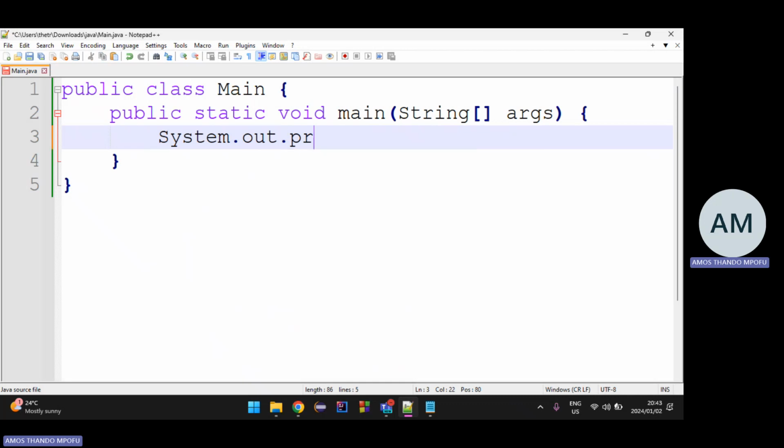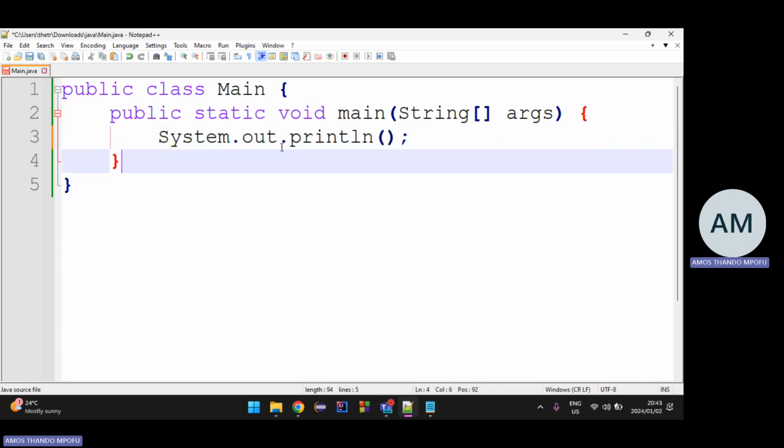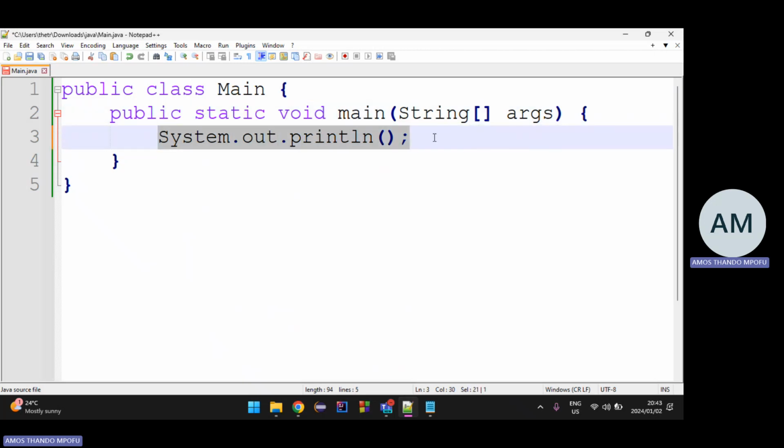And then I say dot println, right? Println is now the function. This is the object, right? And I'm calling it like this because of the static keyword. We'll get to that. But this is how you would write a simple hello world program, right?